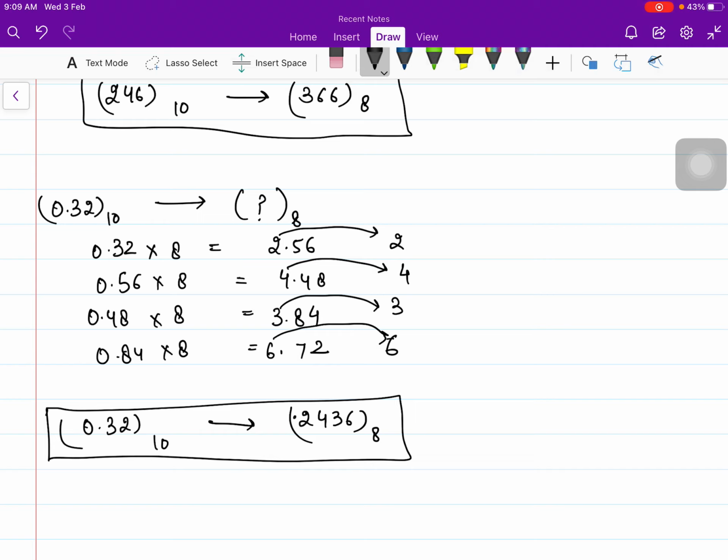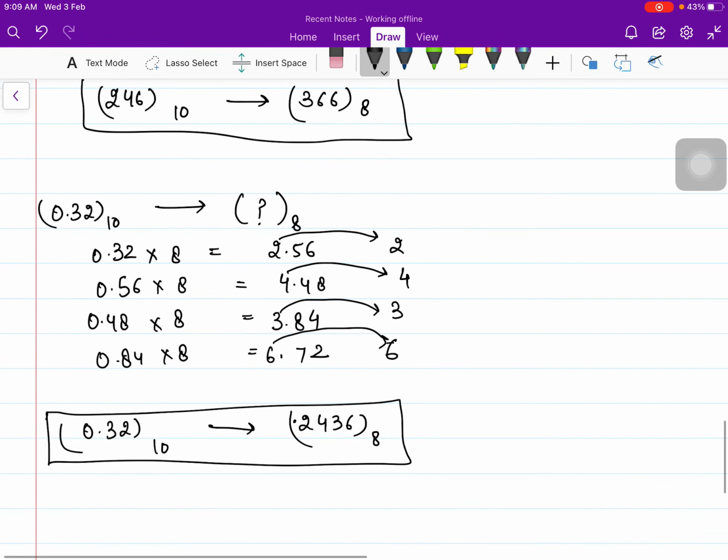So this is how we solve the decimal to octal. Same process that was followed while converting decimal to binary. Only instead of 2 you are having here 8. Similarly, if you are asked to convert decimal number system into some other number system which is having a base 5, so you have to follow the same process as you were following in the decimal to binary conversion.